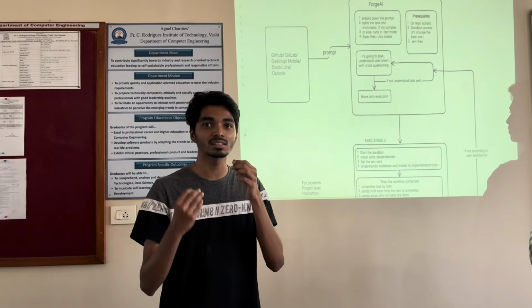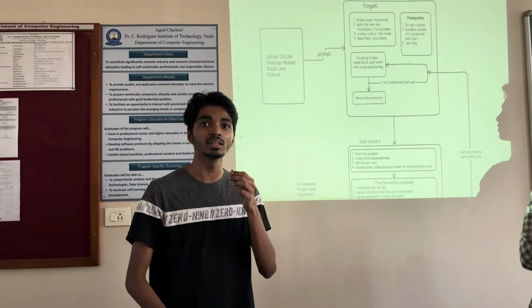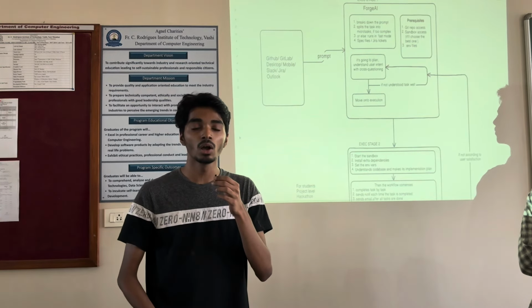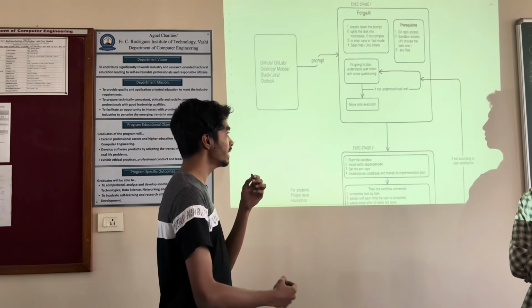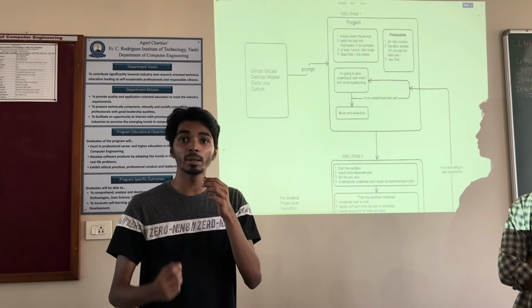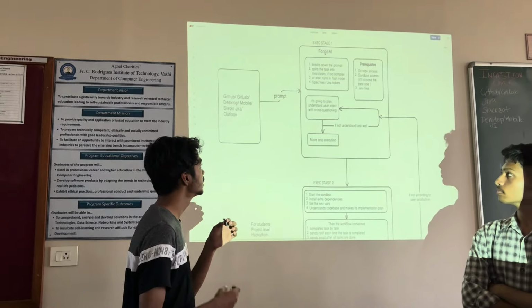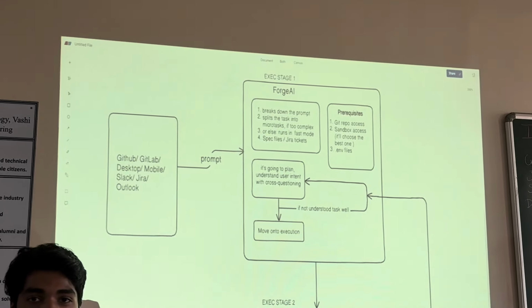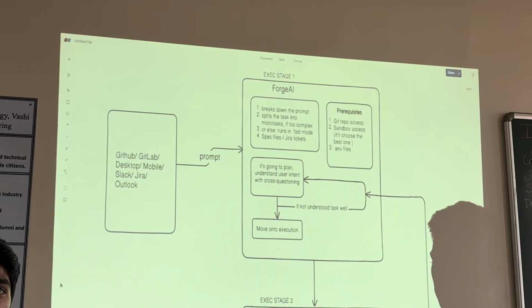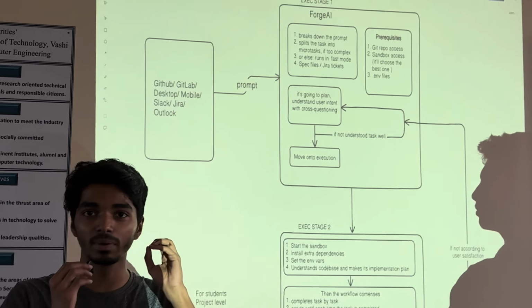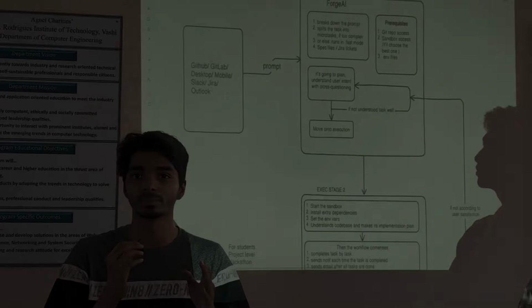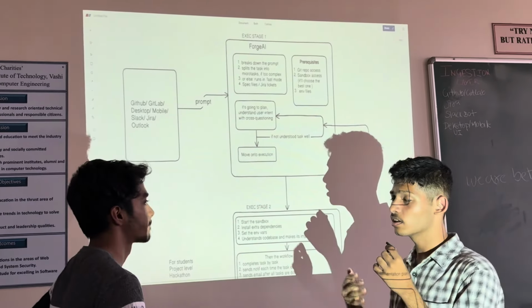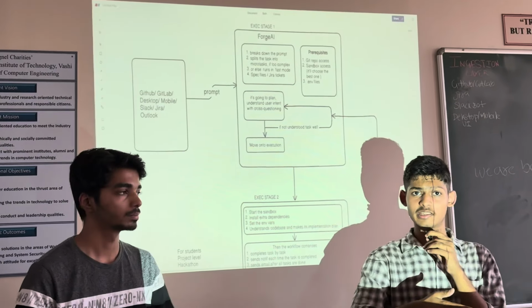Simple सा prompt देना है, describe your problem statement, describe your MVP, describe your bug fixes to be made. What it will do is pull your Git repo into a sandbox environment. It will then analyze your user intent and start executing its plan. It will take your prompt and divide it into sub tasks, micro tasks. Okay, so what it does is it will run the micro tasks in separate phases, like it will execute them